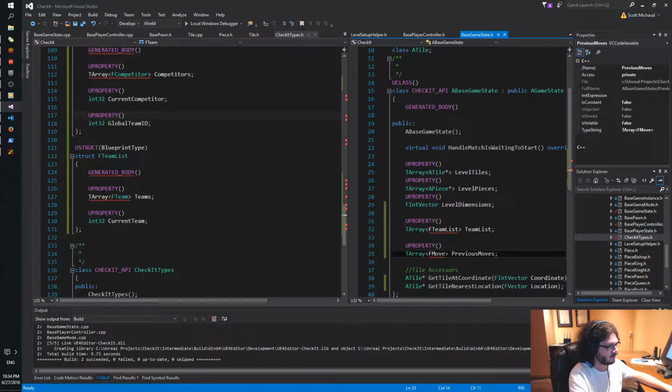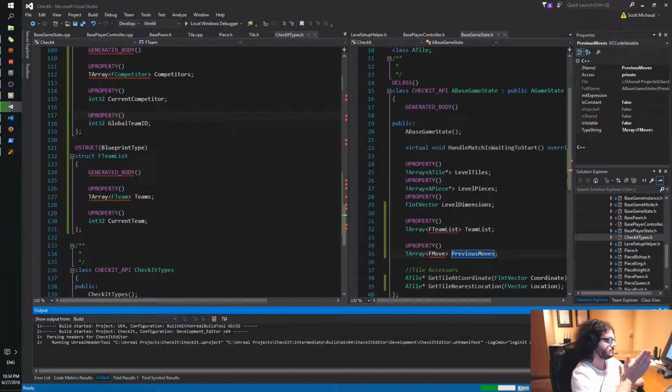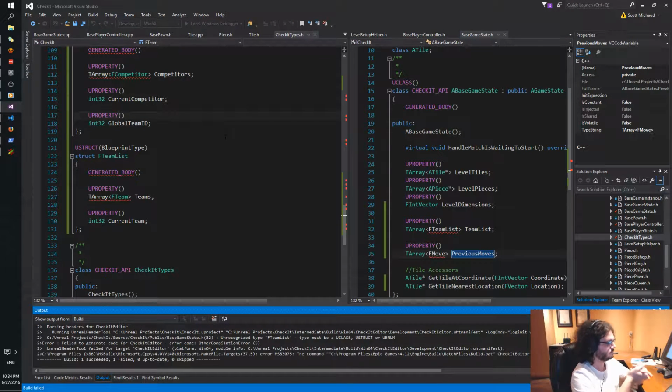So F team list, F move. Let's see if this builds. Failed. Why did it fail?